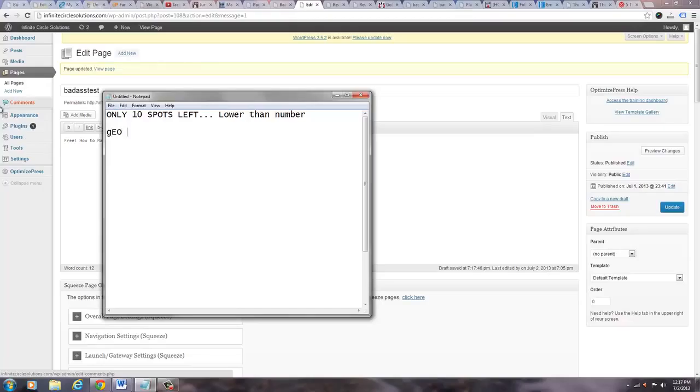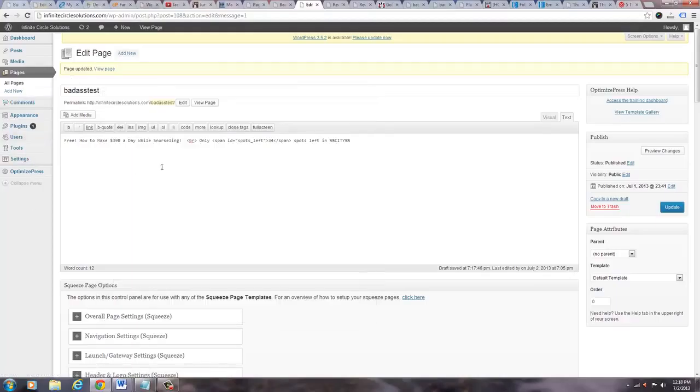And also, there's this other thing. It's called geo-targeting or geolocation, and it will actually detect where your visitor is from, and it will put that into the message. So, like you saw before, only 34 spots left in the city. So I put that code in the reference guide, and you can see this is the code for the deterioration, and then for the city, it's this code here. And what it ends up looking like is,